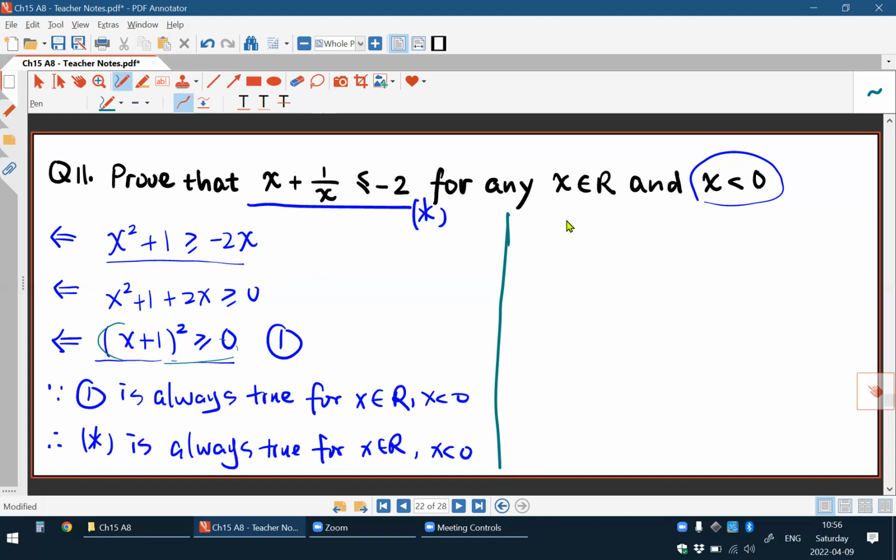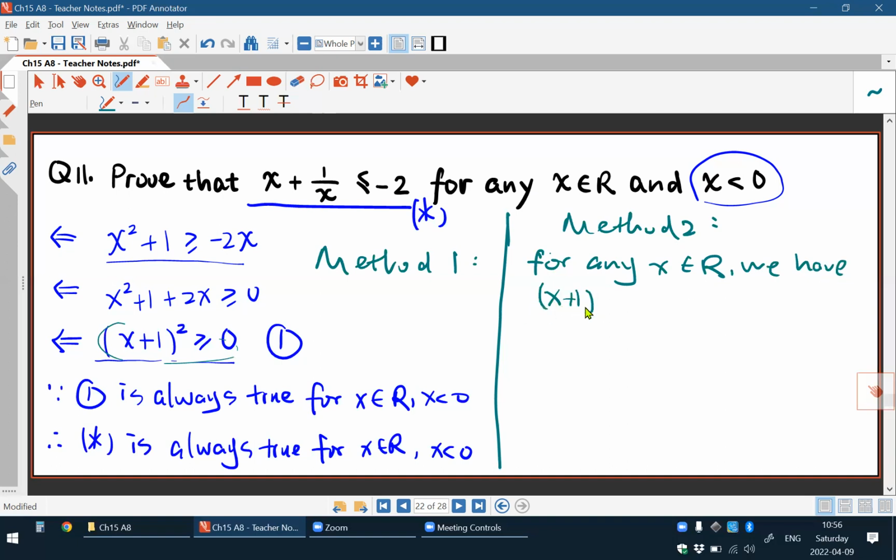So what can we see here? So this is method 1 and method 2. You can write from the very beginning here. Okay, have a look at this. You can say for any x belongs to real number, we have